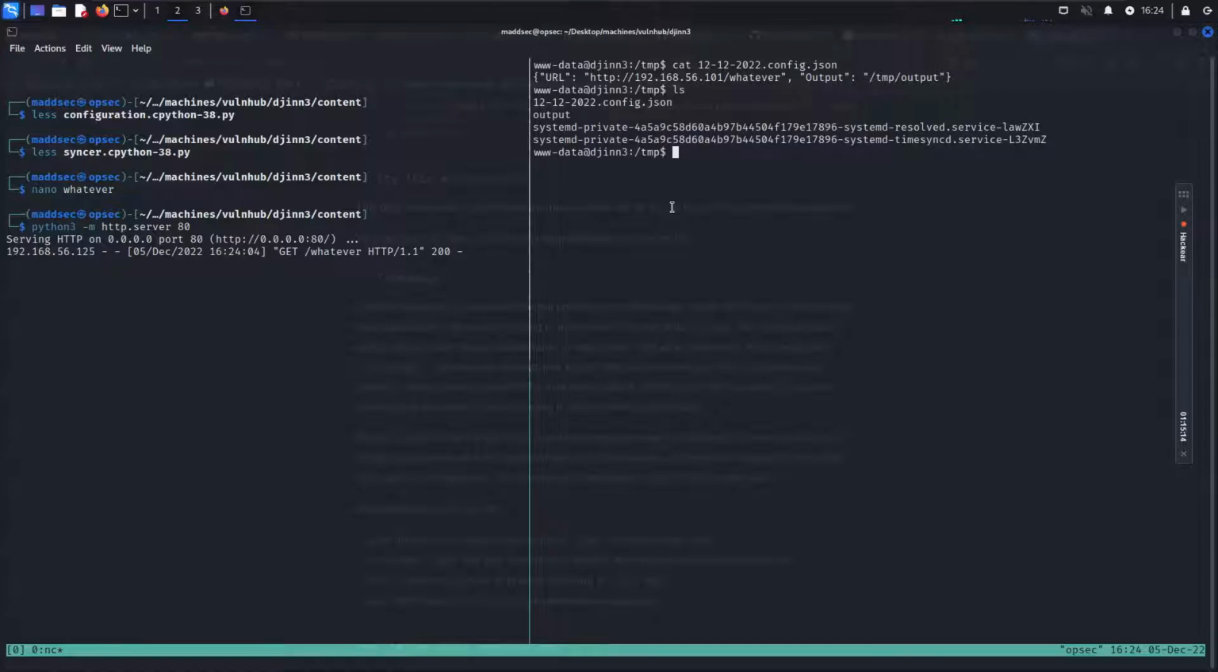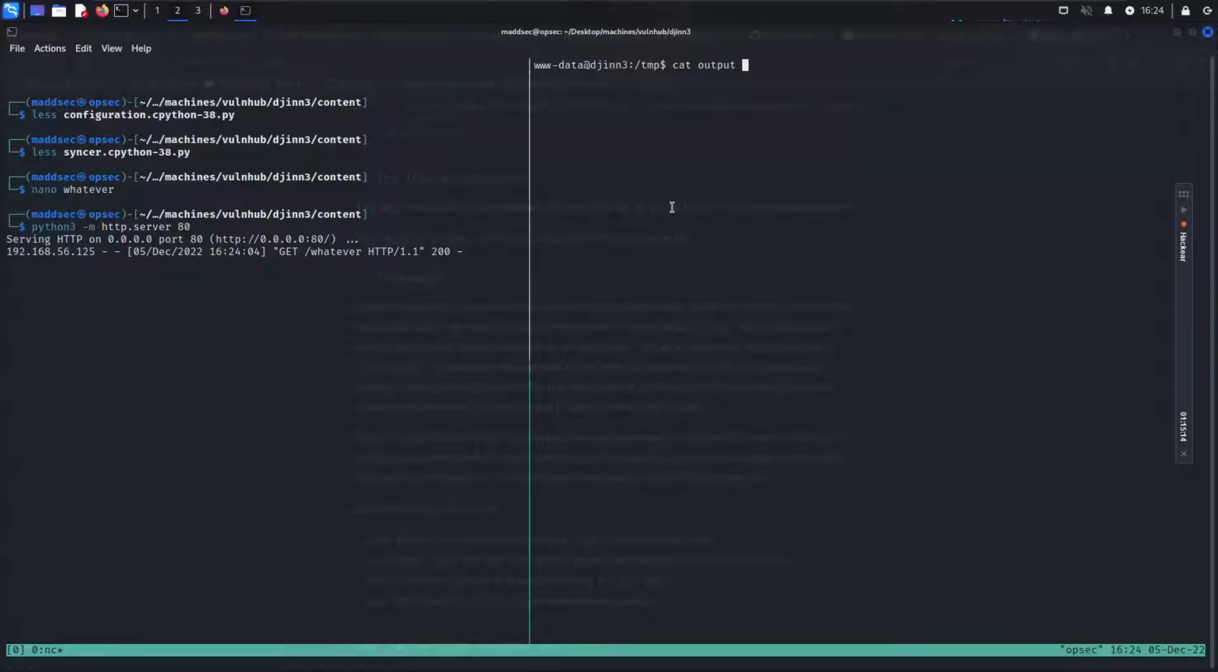So, and we have an output file. So output, and it says literally whatever. So now we know we have this kind of information, right? What can we do with this? There are several things. Since this is running as saint, what I like to try now is to,